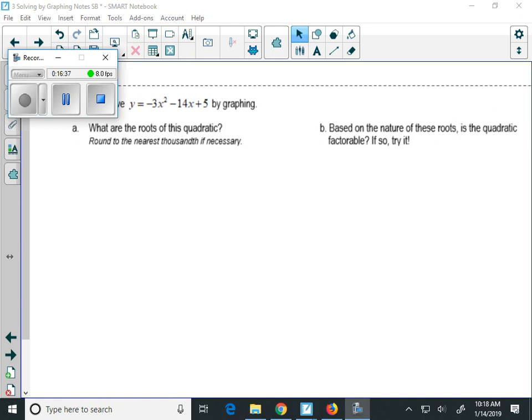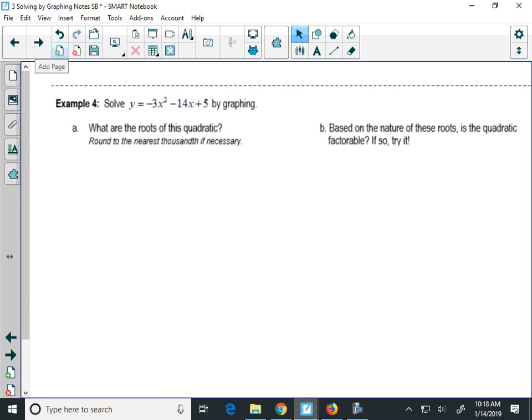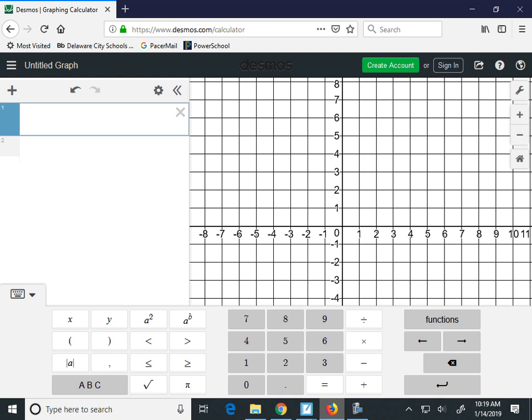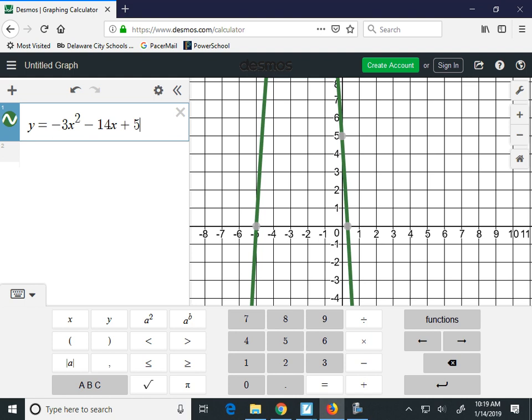Okay, so for this example, it's asked what are the roots of the quadratic. So we're going to start by graphing y equals negative 3x squared minus 14x plus 5 in Desmos. Okay, so we're going to go to Desmos here, and so y equals negative 3x squared minus 14x plus 5. Okay, so there's our graph, and when I look at this graph, again, it's really easy to find